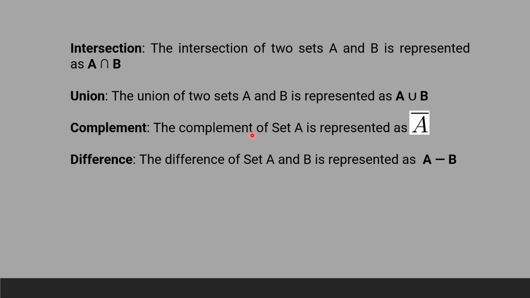Okay, now there are a few terms you need to understand with respect to sets. Intersection gives the common elements of sets A and B, that is known as A intersection B, and union will give you all the elements of both sets, A and B, but without repetition. Okay, and a complement of a set is represented as A bar. That means if you are comparing two sets, whatever elements are available in set A, the complement will not involve those elements. Or the opposite, you can say. Okay, and the difference of sets A and B is represented as A minus B. Okay,